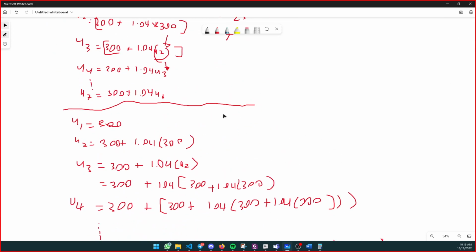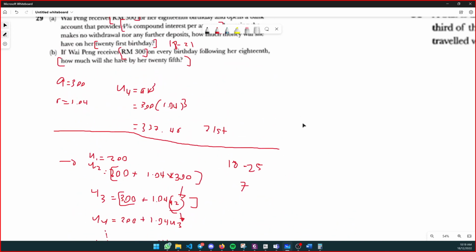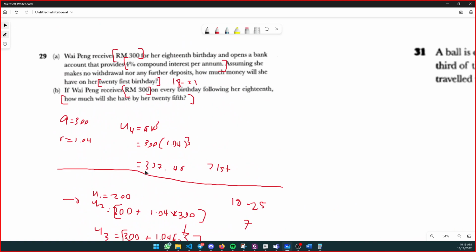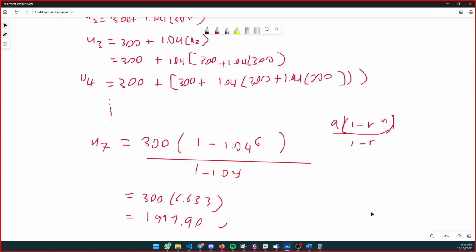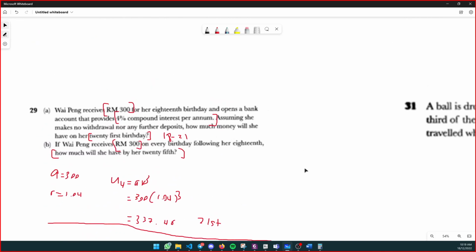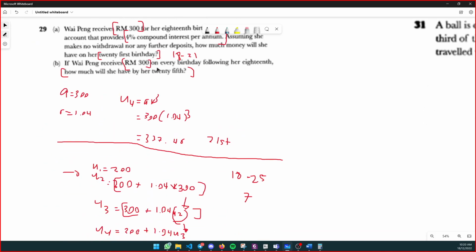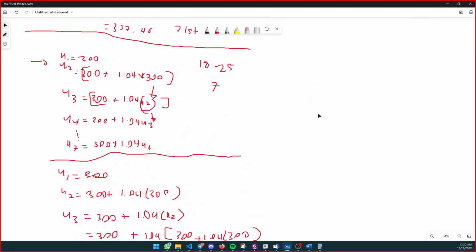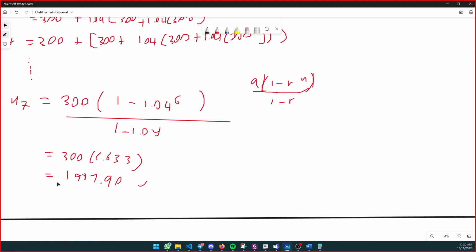So that's what we're doing now. So you see, in just 7 years, she got like 2,000 already. It's not much, just 300 once a year, not big money. But then when you compound everything, it suddenly becomes